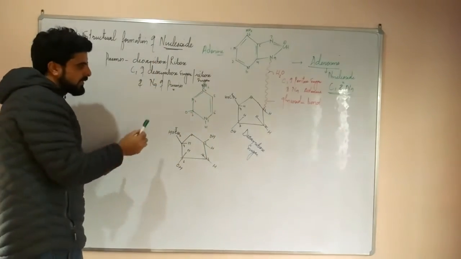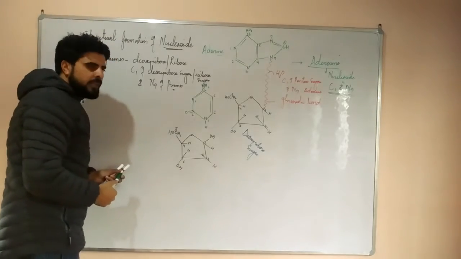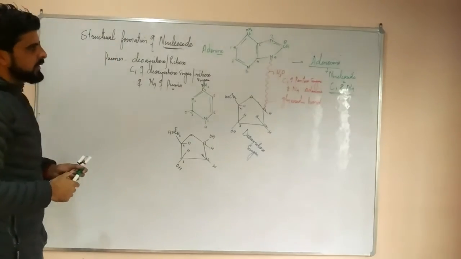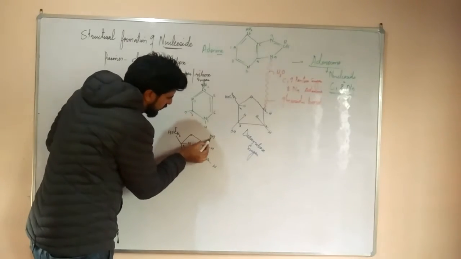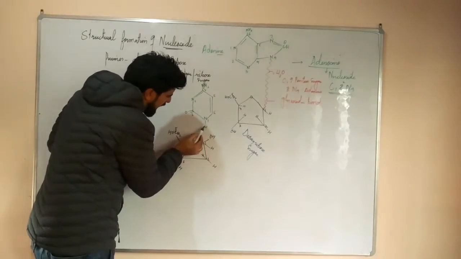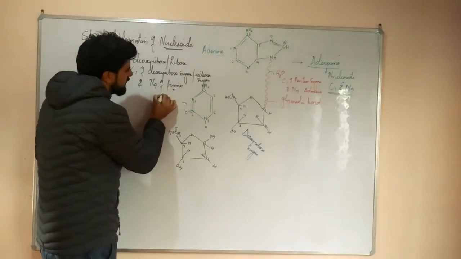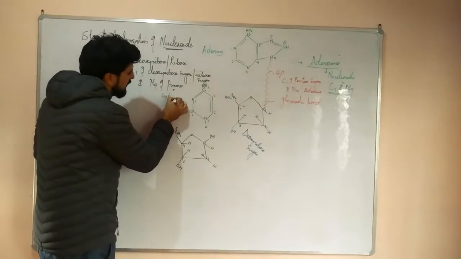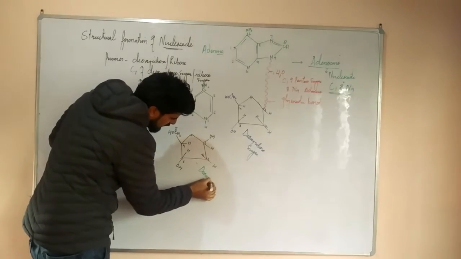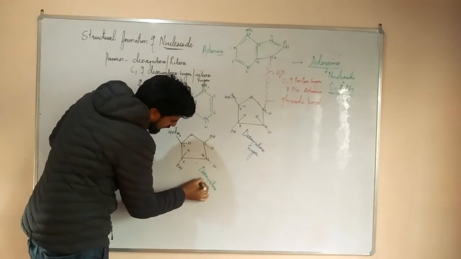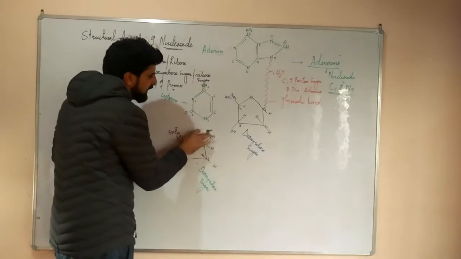Now, in the case of pyrimidine, when it binds with the deoxyribose sugar or the ribose sugar, it has to form a nucleoside. What happens here is that the OH of the pentose sugar and the H of the nitrogenous base, that is cytosine, combine. So if we have a nitrogenous base here, it is cytosine, and this is a deoxyribose sugar. Now it has to form a nucleoside, and water is released here.